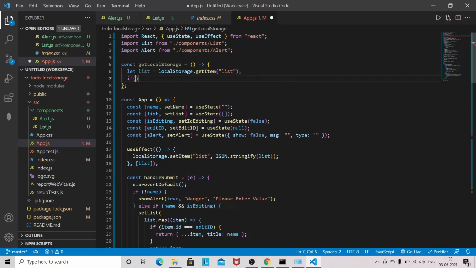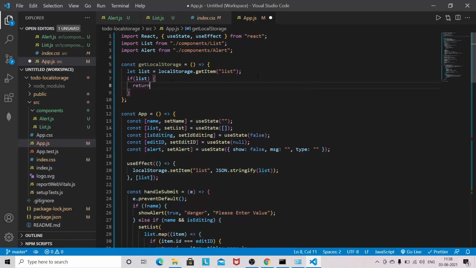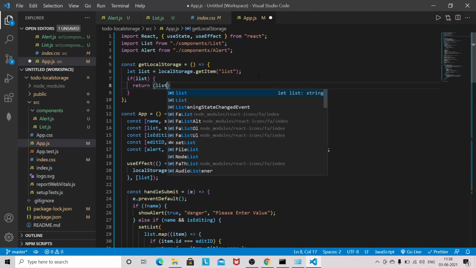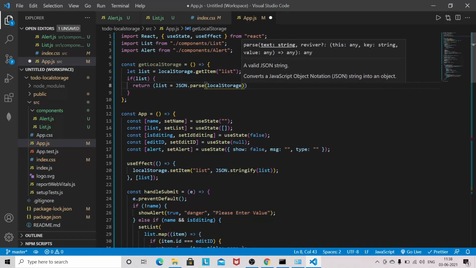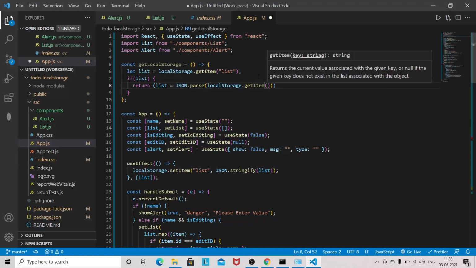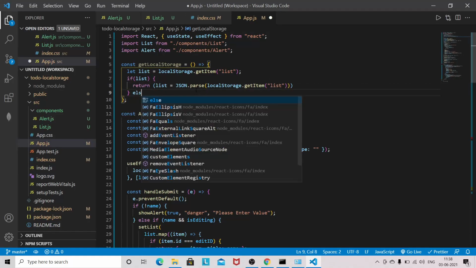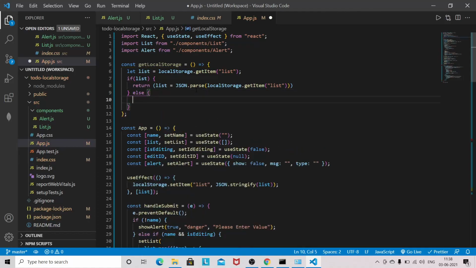Now if there is any list, then return list, and we need to do parsing here, JSON dot parse local storage dot get item list, else return empty.